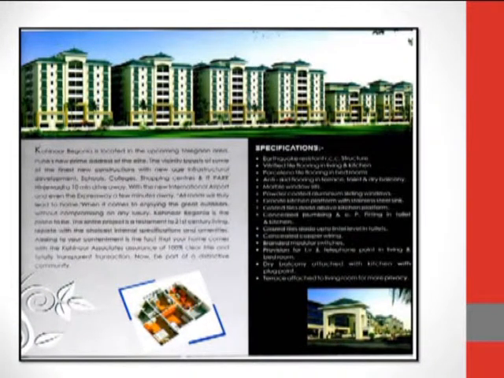Specifications are generally those things which are included inside your flat. For a particular flat you have taken, the type of things you have in the kitchen, the type of flooring in the living area or the bedroom. All those specifications of particular rooms are given under specifications, and amenities consist of the facilities given for the whole apartment.